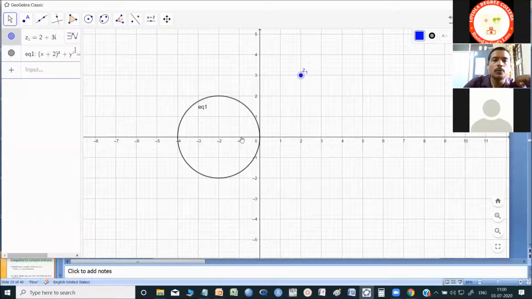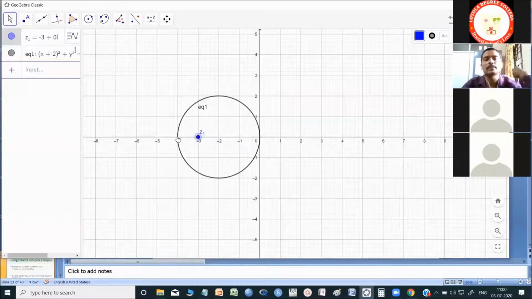I have moved it to x equal to -1 and y equal to 0. So you can see in the leftmost corner, the point z1 is now taking the coordinate -1, 0. That means the complex number -1 plus 0i is inside the circle mod z plus 2 equal to 2. Similarly, if I move it to the left side, -3 is also inside. -4 exactly will be on the circle.